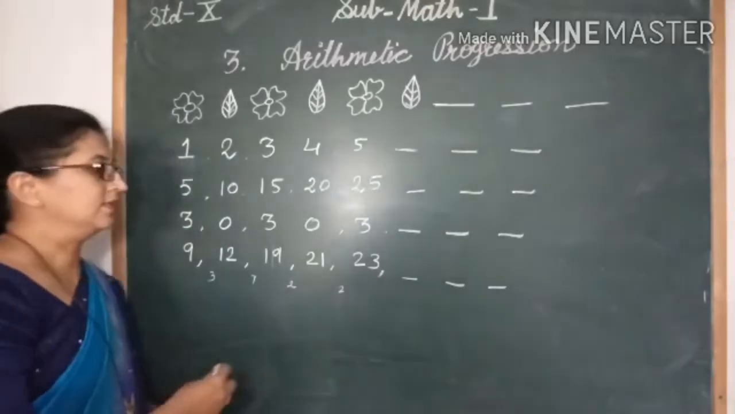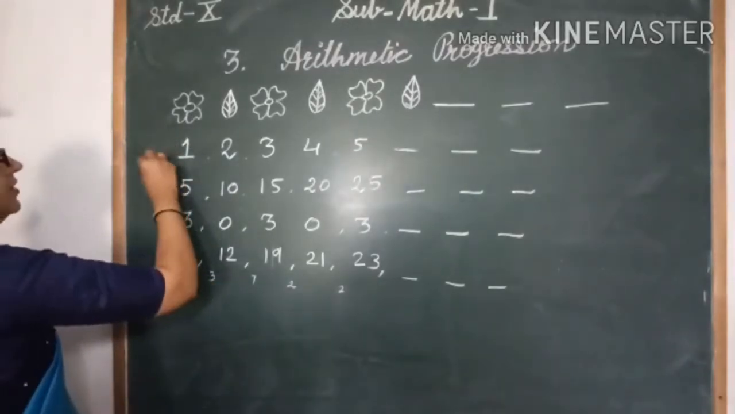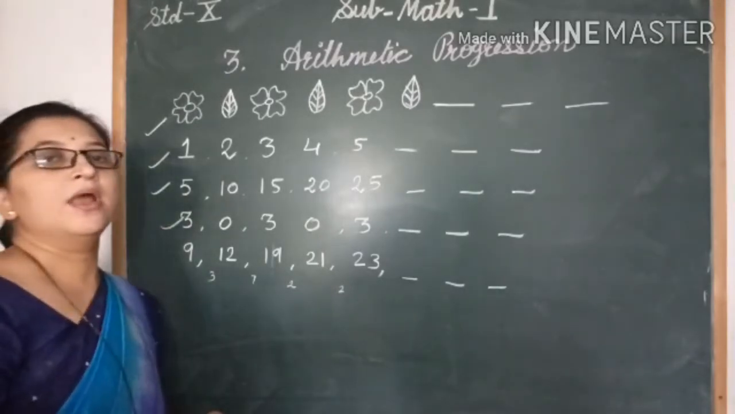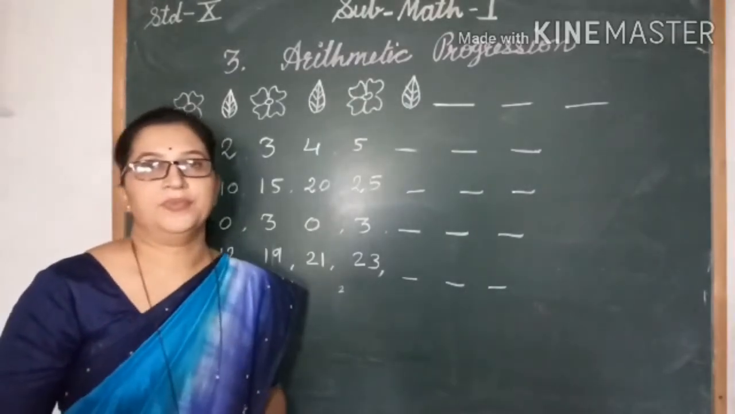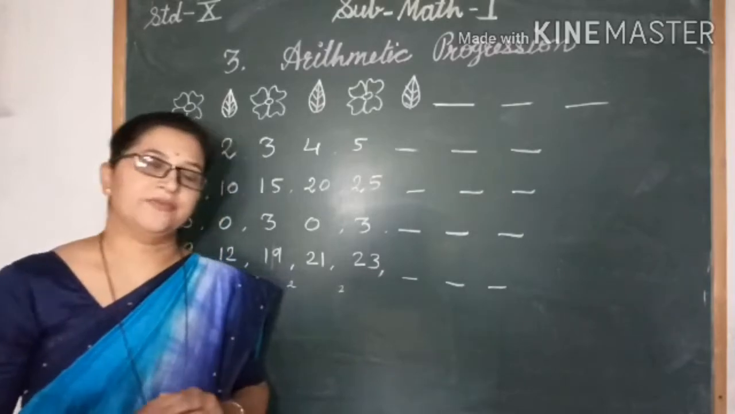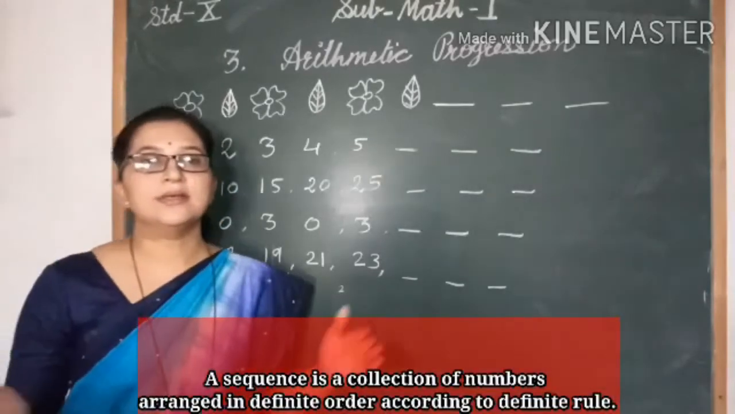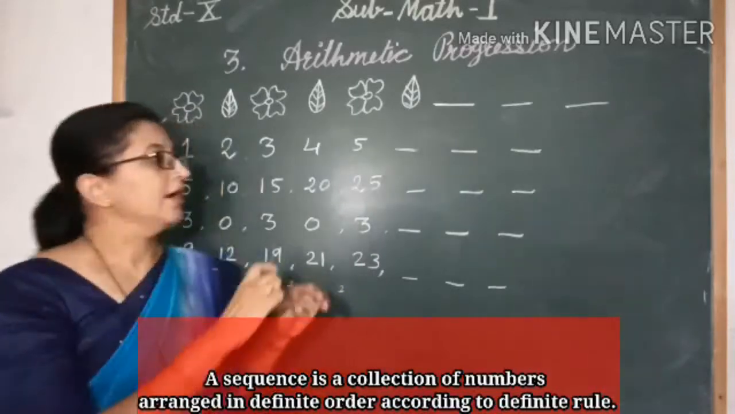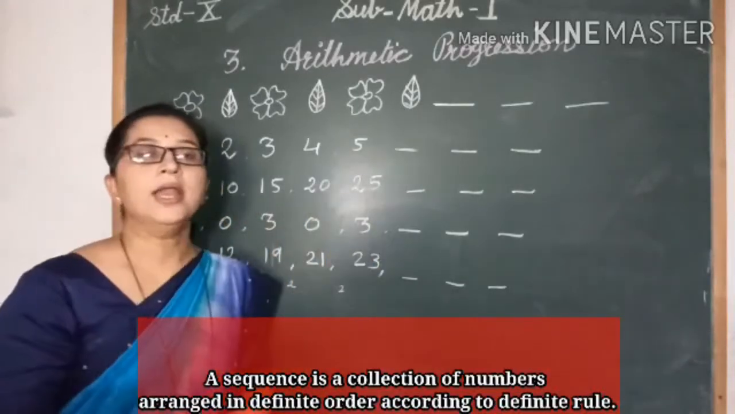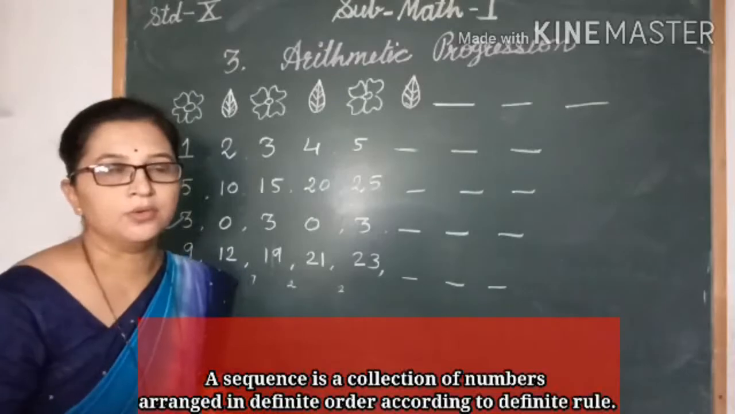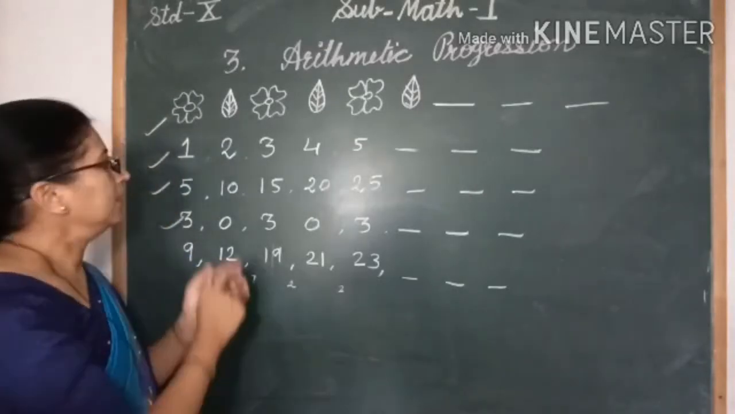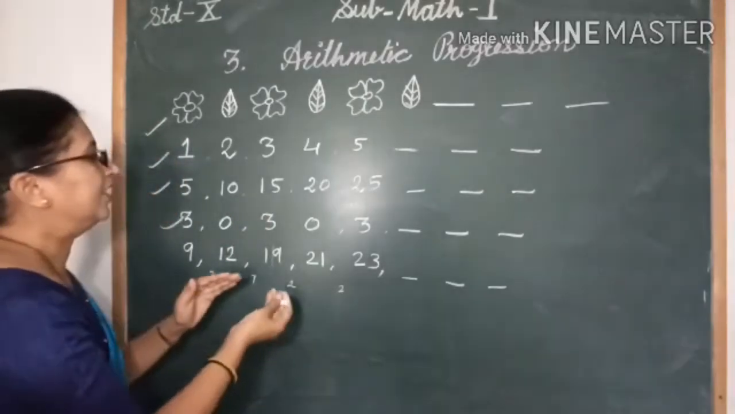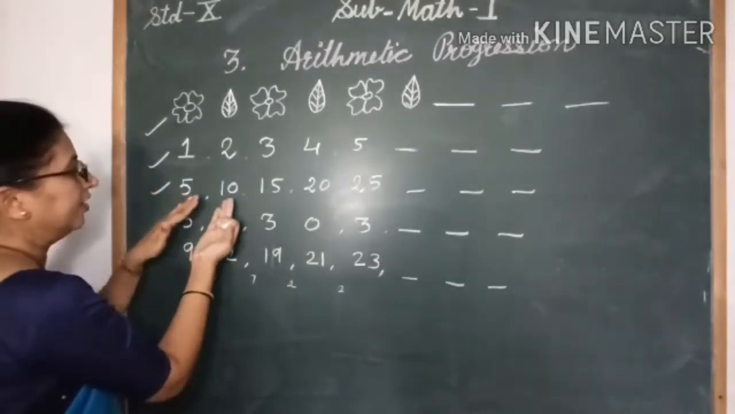So dear friends, these are the examples of sequences. So what is a sequence? A sequence is the collection of numbers arranged in a definite order according to a definite rule. Each number here has its fixed order. If you will change here,